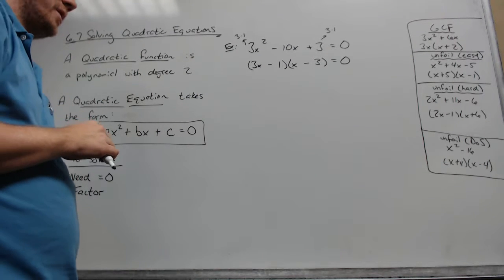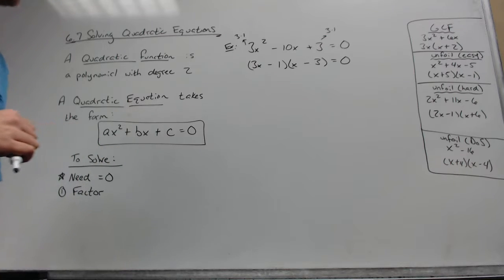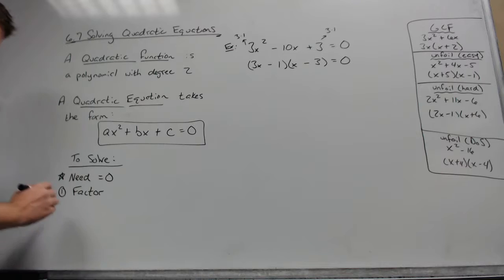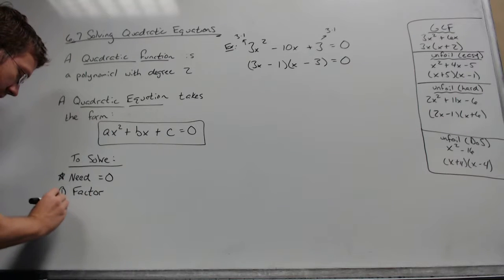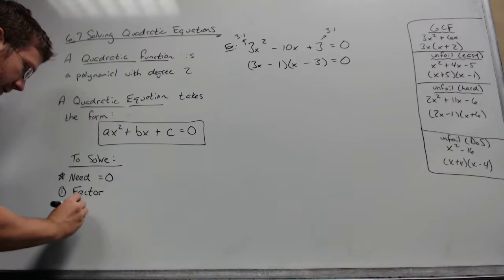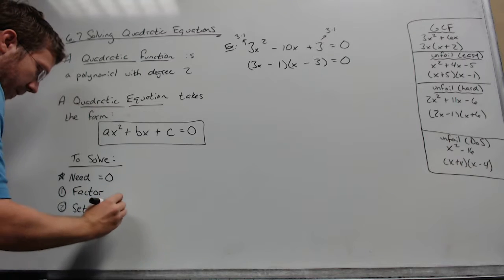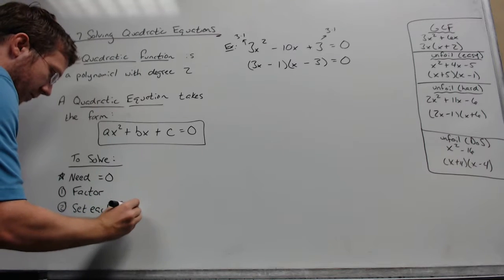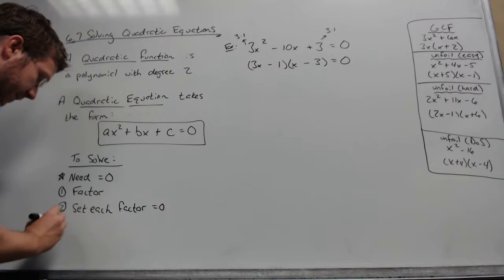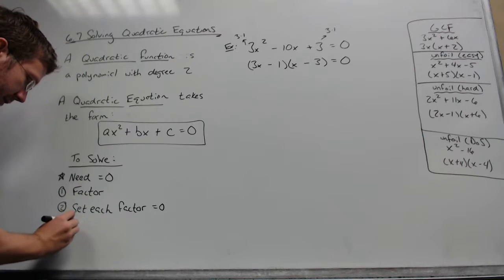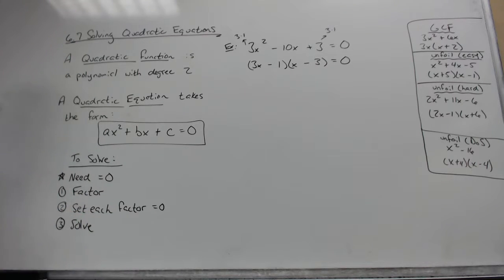So that's nothing new. Again, recap of what we've already done. Once that problem is factored, we're going to set each factor equal to 0 and solve. The reason why we do this and the reason why we're able to do it is